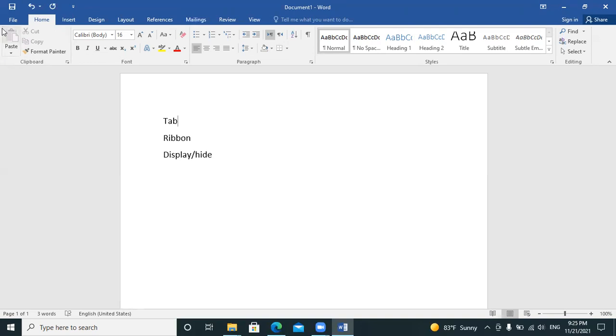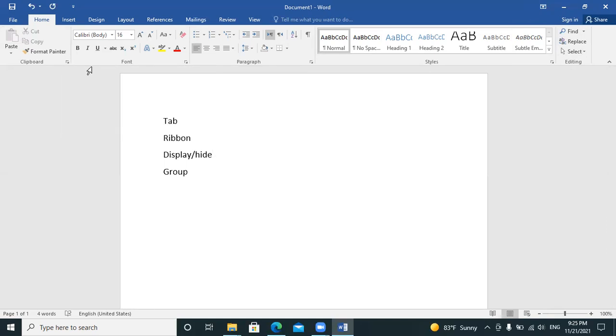And this complete one box is known as a group. I write it here also. That one is known as a group, and this complete one is also a group. This is the Clipboard group, and this complete box is the Font group. This is the Paragraph group, and this one is from here to here. This is Styles. This one is Editing. So these are groups.